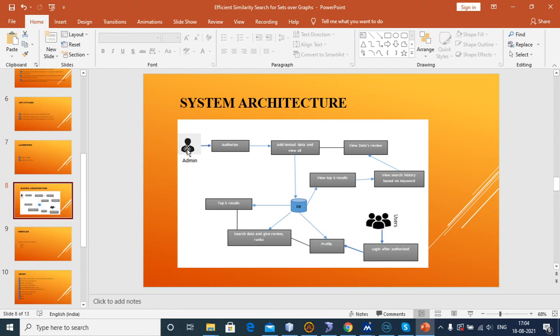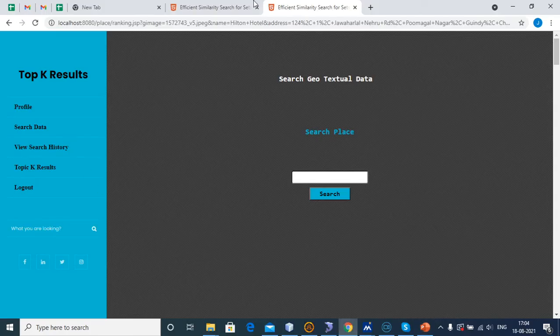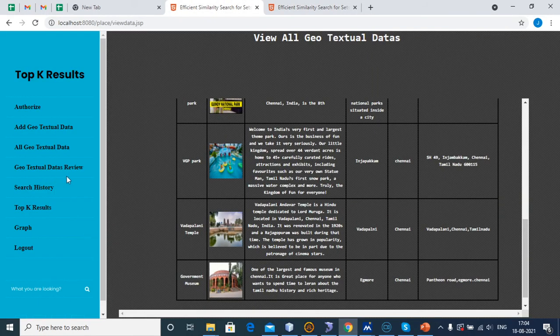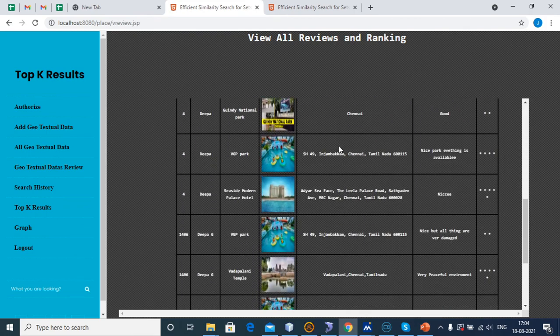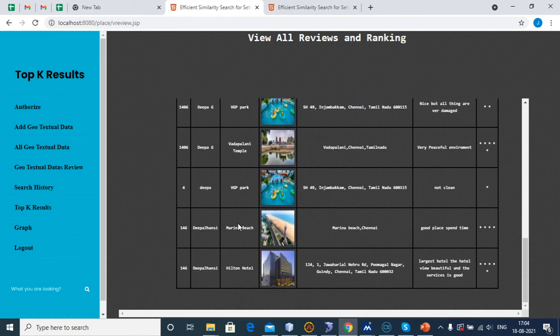Next, the admin can view all the search histories and the data reviews, which are the reviews given by the users. All the data reviews. Here Deepa Jhansi: Marina Beach, good place to spend time.